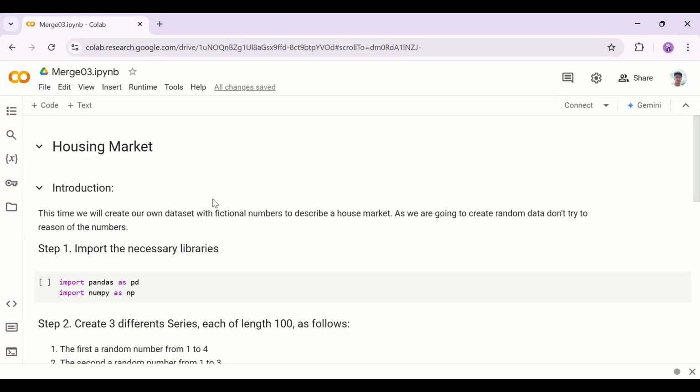Hi. So in this one, we'd also practice some margin calculation in Pandas libraries. And in this video, we'll create our own dataset with some fictional numbers. So let's begin. First we'll import our library, and